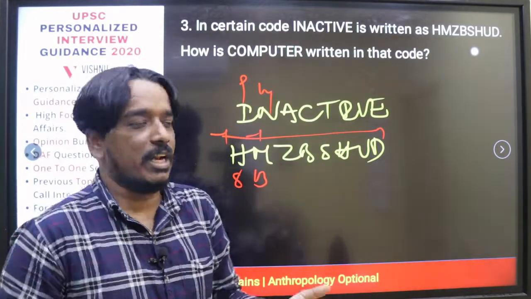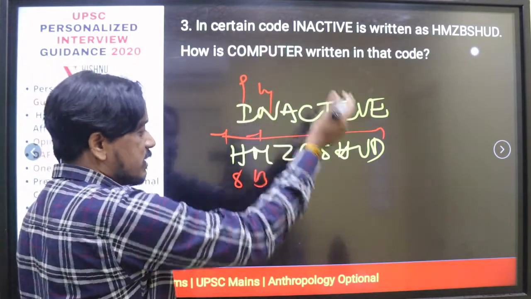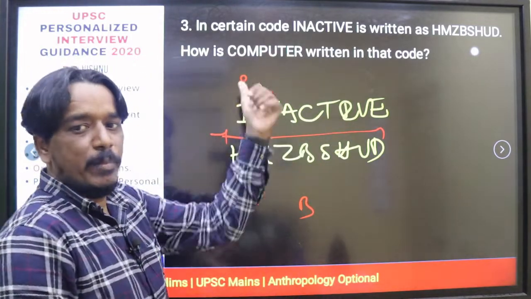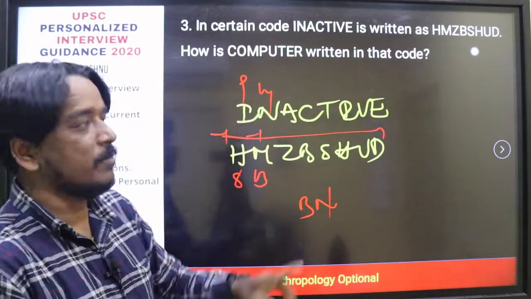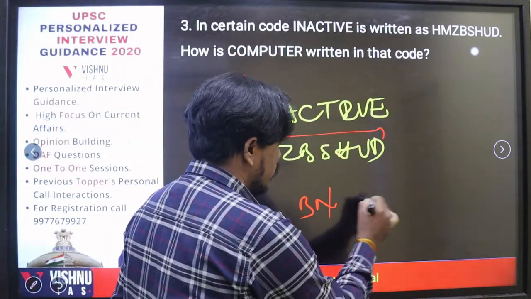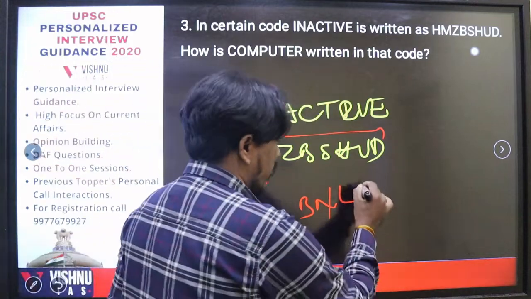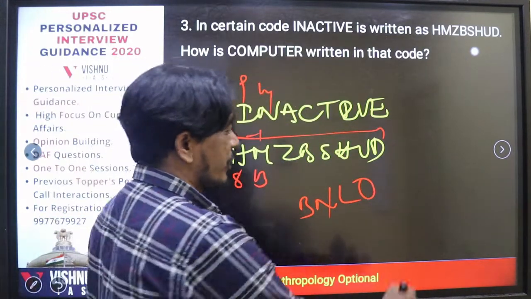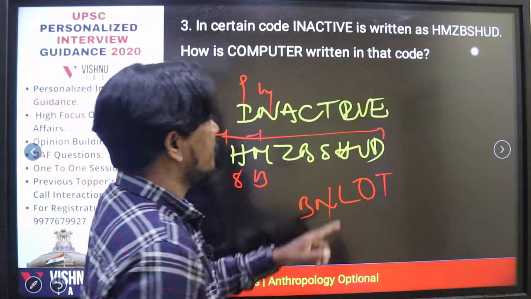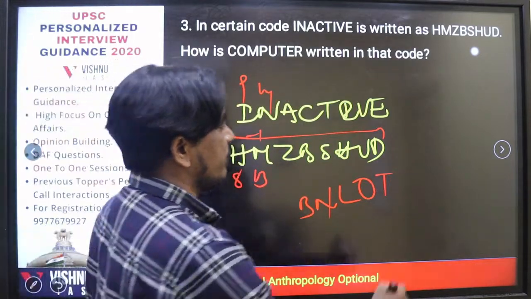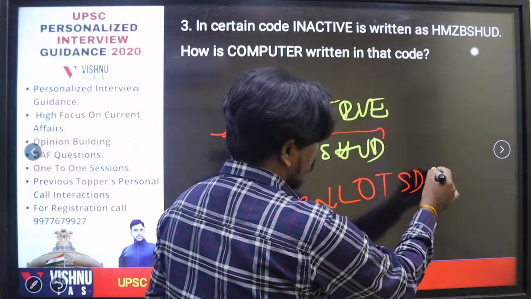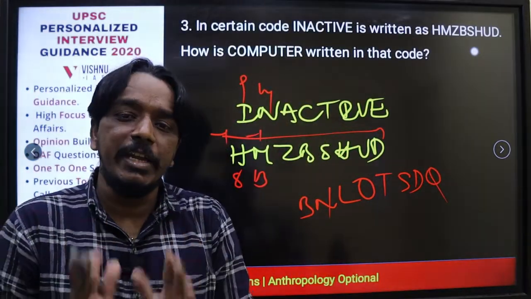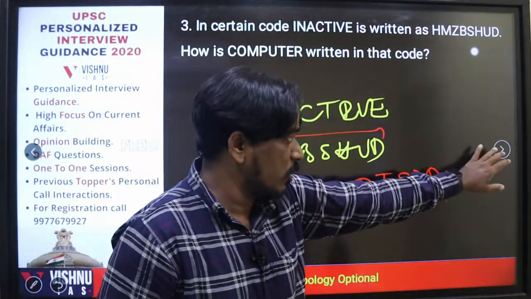We already know all the letter numbers, directly go to C. C minus 1 you will get B. Based on the options we can eliminate. O is 15, 15 minus 1 is 14. Similarly 13 minus 1 is 12 and 16 minus 1 is 15. Similarly 21 minus 1 is 20, and next 20 minus 1 gives S and E, D and R, Q. Like this we can answer any type of question, just if you remember alphabets and all these things.